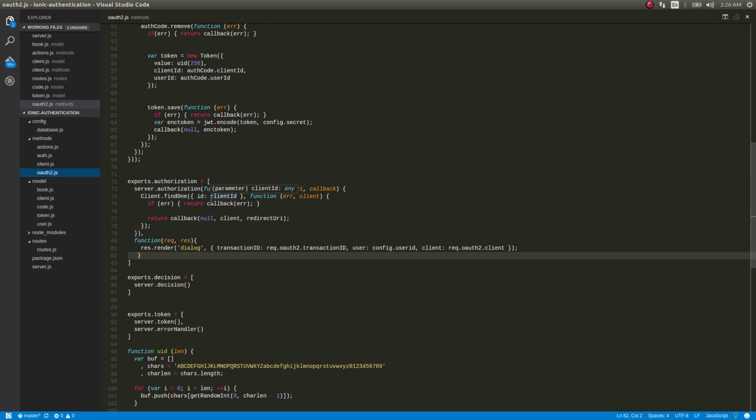If there is a client, then it would redirect the user to a template. It will ask for his permission whether to allow the client, or the app which he has registered, to access the REST APIs.